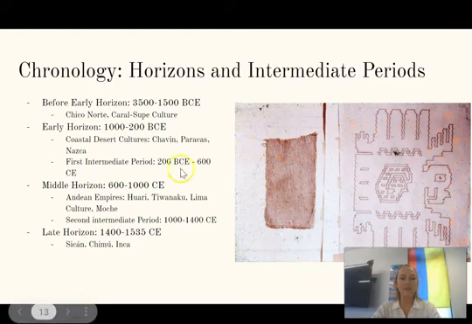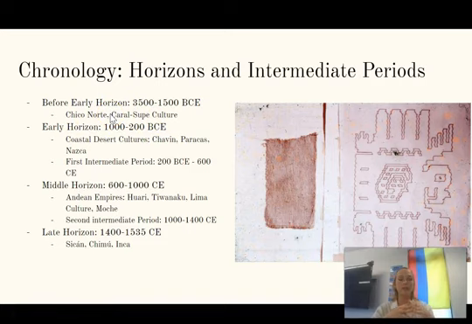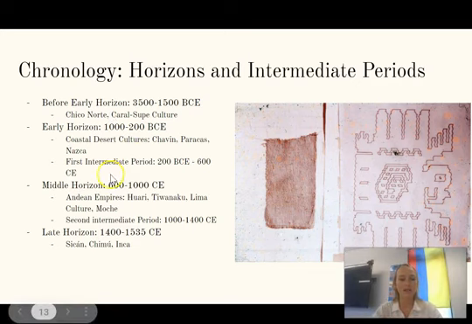And then we have what's called an intermediate period. We call these intermediate periods where it seems as though there's cohesive cultures, where we see similar styles of art, similar styles of pottery, similar styles of textiles. And then the intermediate period is where we don't find a lot of evidence for social organization when it comes to at least architecture and craft. Then the middle horizon is between about 600 and 1000 CE,